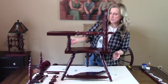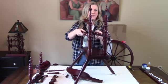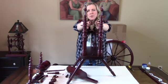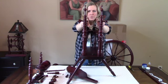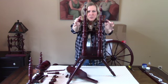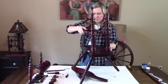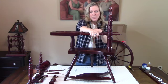I don't know if you can see this or not. I'm going to turn that slightly. In between the posts are these thumb screws, and this needs to come down just a wee bit more. These two screws should be about equidistant through the supports, because when you go to mount your wheel, you don't want to have to do too much adjusting there. They're not exactly even, but the adjustment will be done, once you get that wheel in place, with these support